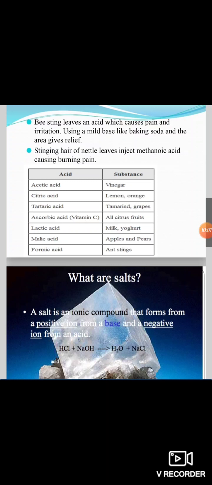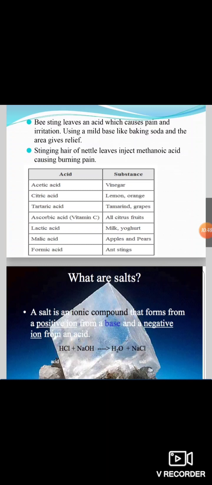Which acid is produced in the nettle sting? Methanoic acid is produced in the nettle sting. A traditional remedy is rubbing the area with the leaf of the dock plant, which often grows beside the nettle in the wild. Can you guess the nature of the dock plant? Next time you will know what to look out for if you accidentally touch a nettle plant while trekking. Are you aware of any other effective traditional remedies for such stings?